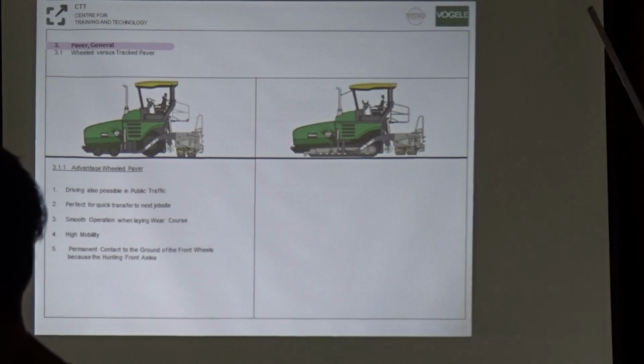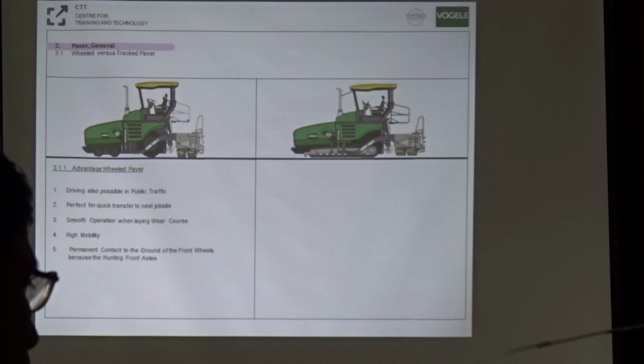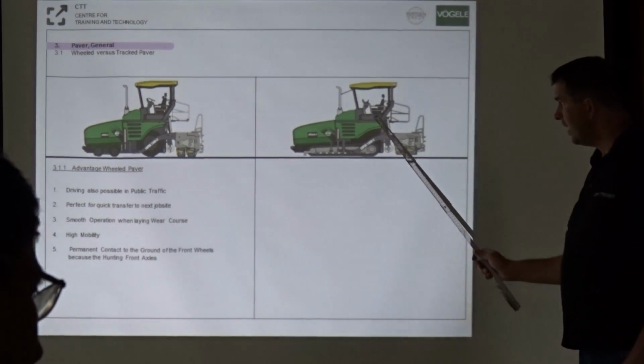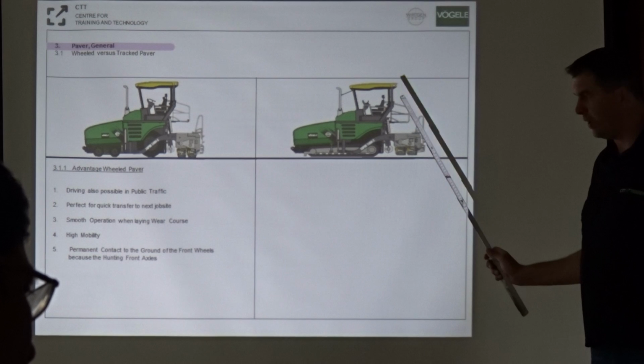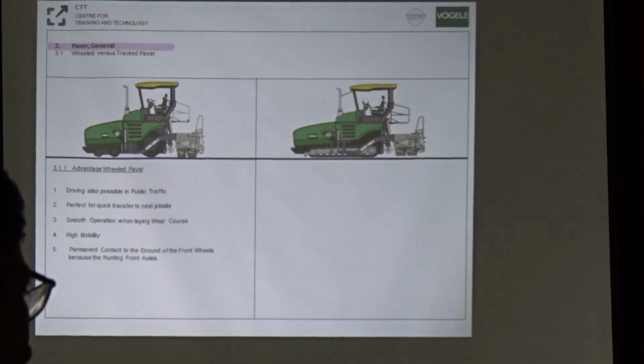Instead of 8 meters is a totally different road. So, traction, moving on soft underground, width. Definitely big advantages. And another one is we have an electric